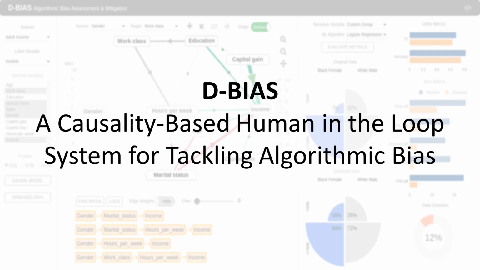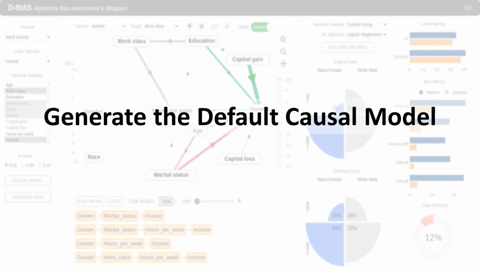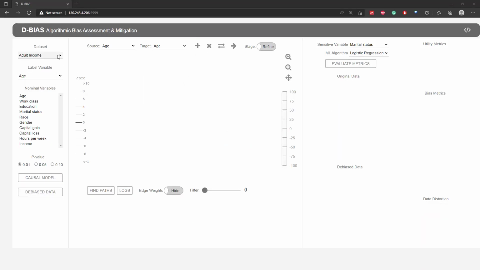Hi, in this video I will demonstrate how our tool dBias can be used to tackle biases for the synthetic hiring dataset. This is the visual interface of dBias. We start by selecting the dataset, the label variable, the set of nominal variables, and then in the end we